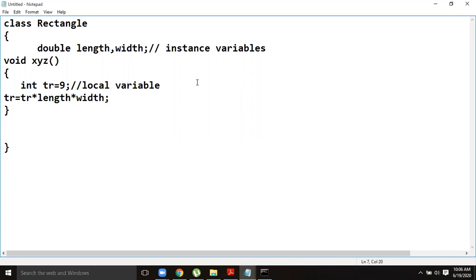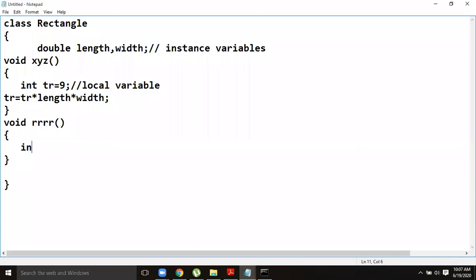For example, if I have another method, RRR, here I can use length and width. I can use either length or width, or both, because I can use them anywhere throughout the class. But here I can't use tr, because tr is specific to XYZ and is unknown to void RRR, as I have not declared it.